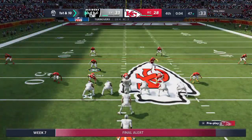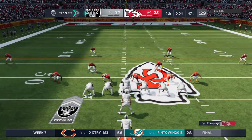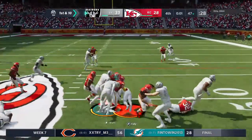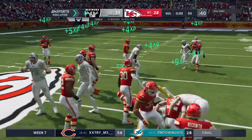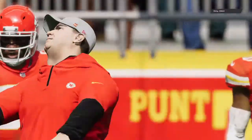A good starting spot for the Raiders as they come up 1st and 10 on their side of midfield at the 47. Now they try the right side here. And he's down right around midfield after a gain of 2, maybe 3. So this one a victory for the